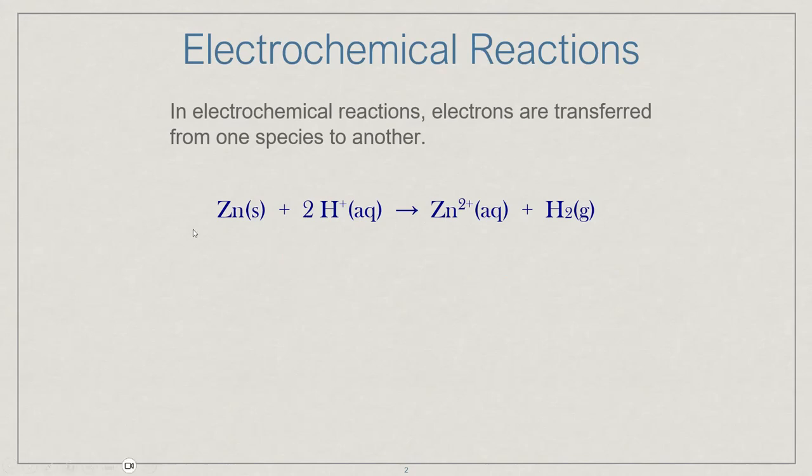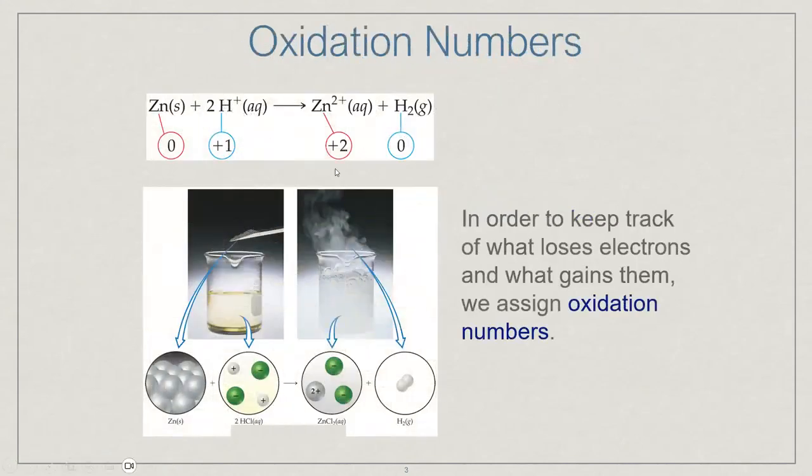So if we look at the reaction here, we can see zinc is going to the +2 state, so elemental to +2, whereas the hydrogen is going from +1 to 0. And we're going to see a balance there, just because we're going to have two of those hydrogens for every one zinc. And when we're trying to look at the movement of these electrons, what we can do is use the oxidation number or the oxidation state in order to kind of track how these electrons are moving from left